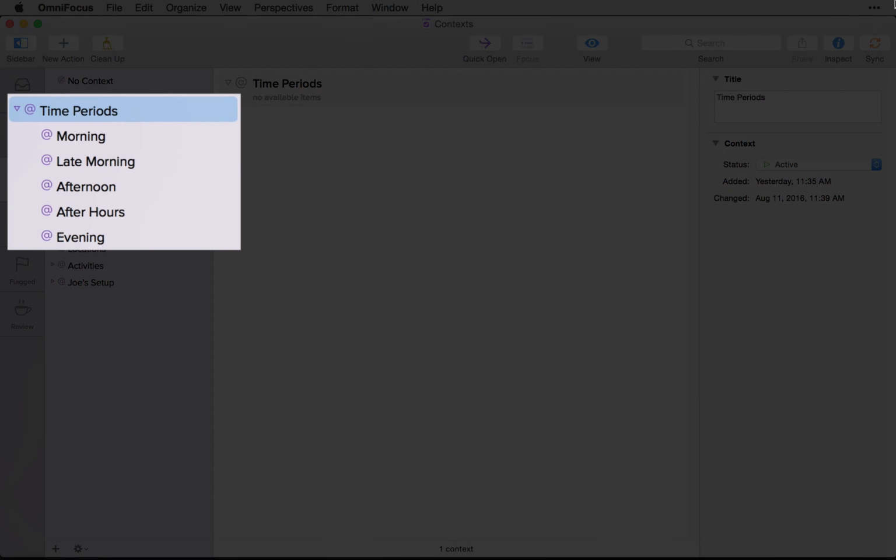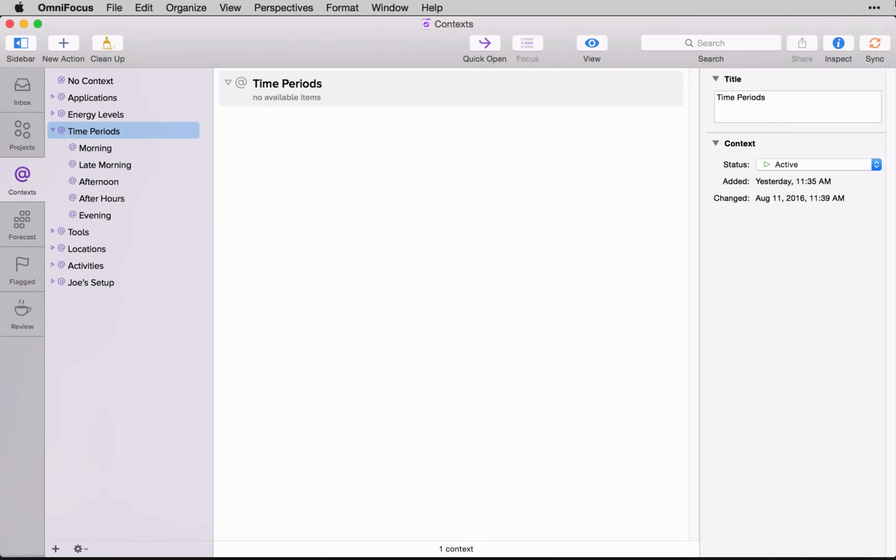And I kept this one for a decent amount of time because I knew there were certain things I would do in the morning before I went to work. There were some things I would do late morning while I was at work, and afternoon while I was there. And then after I was home, and then in the evening after the girls had gone to bed. And that does work if you're willing to think about the types of tasks that are best suited for each